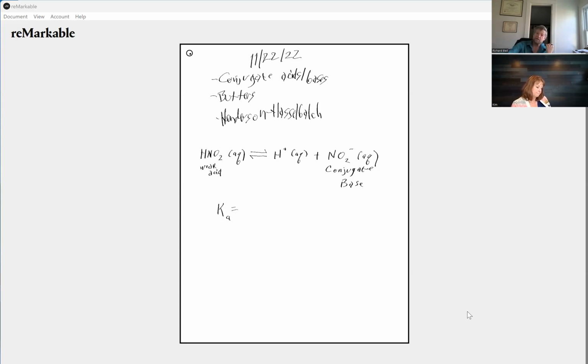And you start adding more things to it, like this Diet Coke. This Diet Coke is mostly water. Turns out the concentration of water in that is 55.8 moles per liter. It doesn't change because all of the other ingredients in there are such a low concentration that they really don't affect the concentration of water in the solvent. So in an acid, we would not write the water, even if we wrote this out as HNO2 plus H2O going to H3O+ plus NO2-. So you always leave water out anyway. But if we write out the equilibrium constant expression,